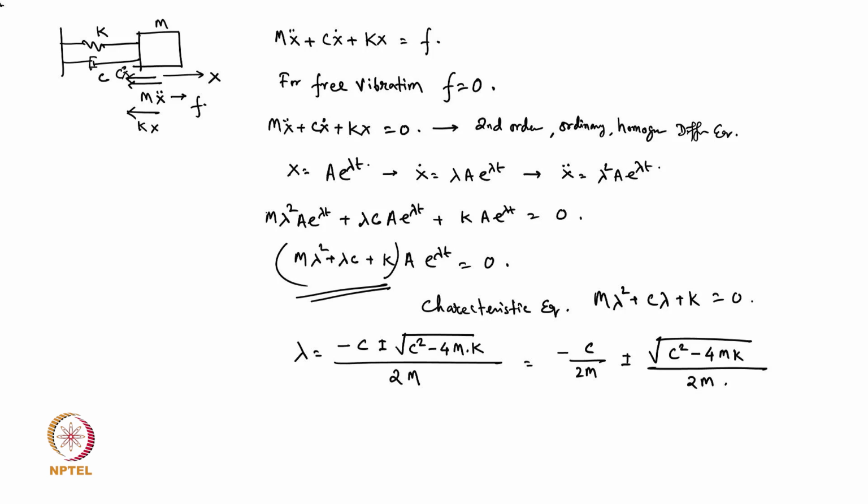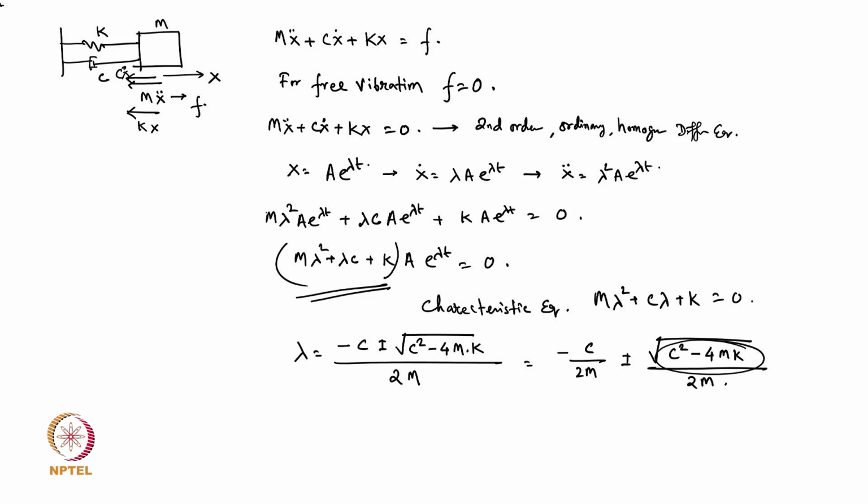One is lambda 1 and another is lambda 2. So lambda 1 will have the plus and the second one is the minus sign. I think that is very clear. Now once this comes, you can see that this portion, the determinant, has a big role. Why? Because it will judge whether the solution will be imaginary or